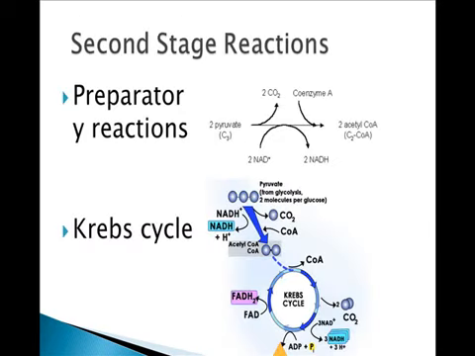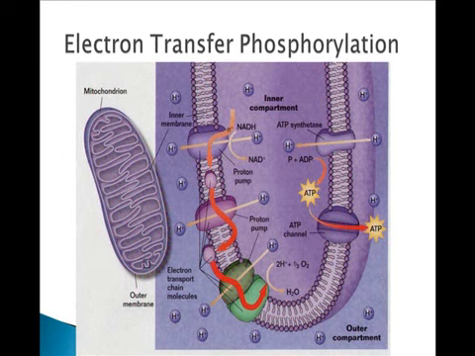In aerobic respiration, the Krebs cycle has 2 basic steps. 2 molecules of ATP are produced by substrate level phosphorylation. In other words, you're making ATP. And carbon dioxide is released as a byproduct because you're actually breaking down those pyruvates into single carbon molecules, which is carbon dioxide. And then we move over into the big energy payoff, which is electron transfer phosphorylation, or ETP